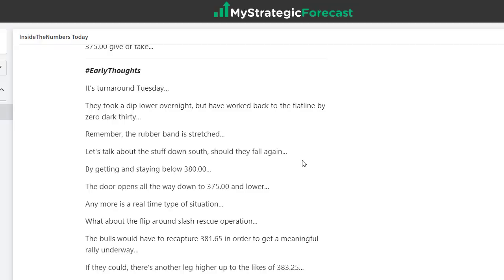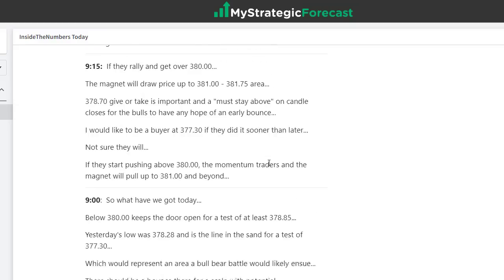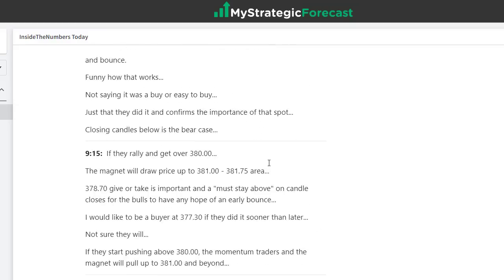We had numbers and stuff, but in the interest of time, and because there's other stuff I think we can talk about and benefit from, what I'll do is flash this stuff on the screen, let you read it, go back to the chart, and double check the work. There's definitely interesting stuff in here, namely numbers that certainly had a purpose, numbers that certainly held up the market, numbers that certainly were resistance. I want you to pay attention to them.